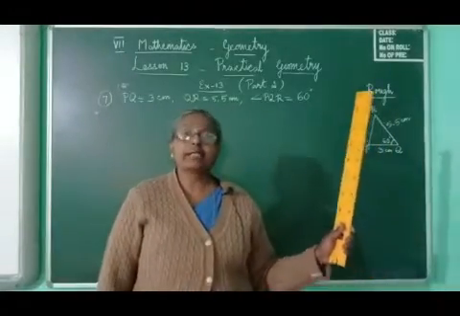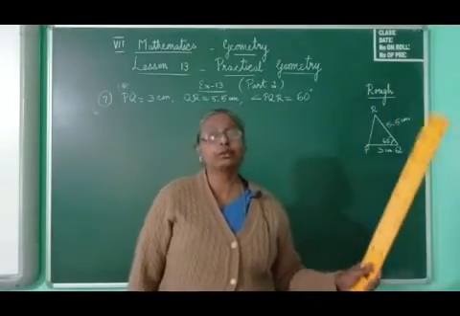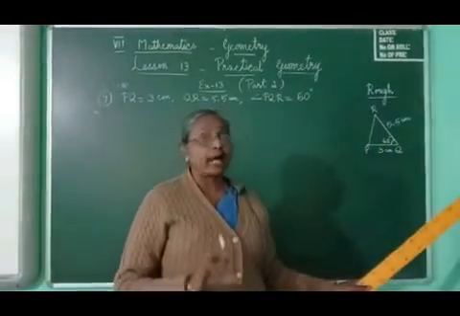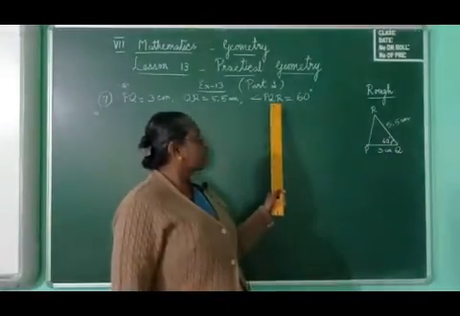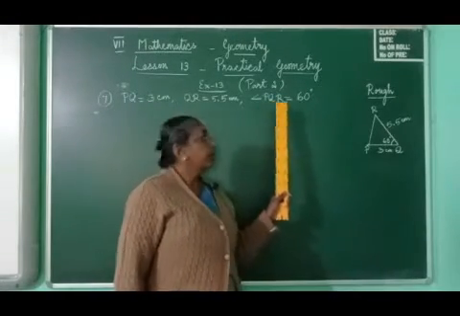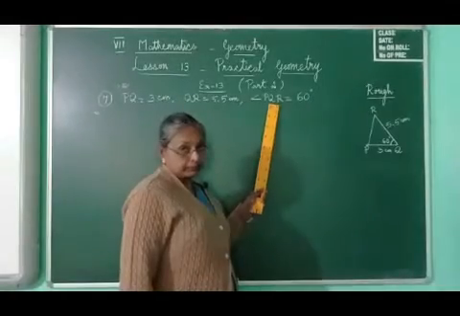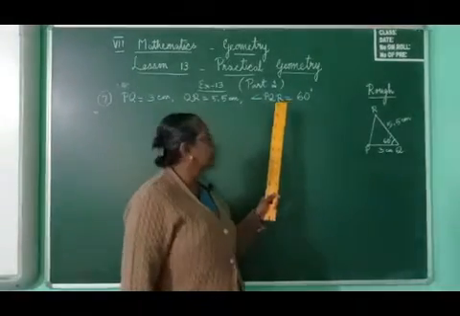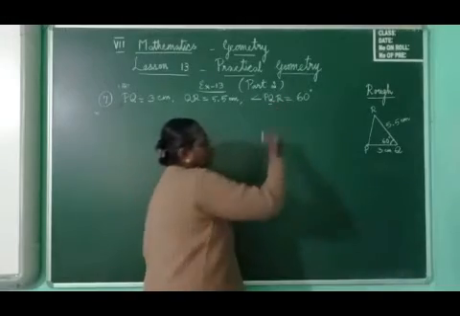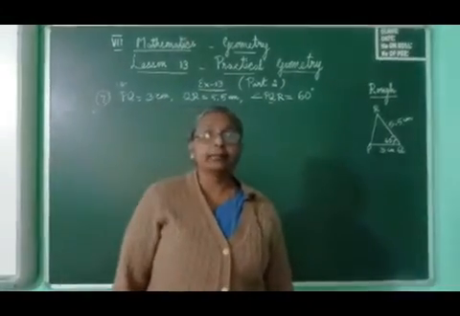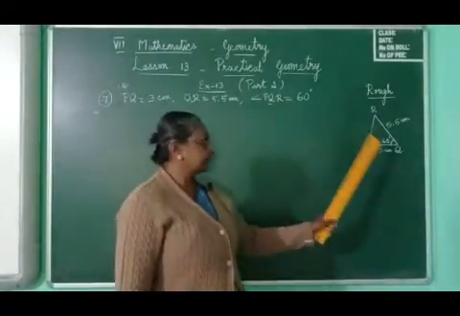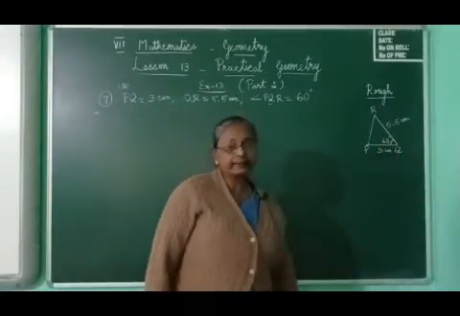You have to be very clear which angle you are drawing, whether it is angle P or angle Q. You have to identify very clearly, and you should remember that always the vertex of the angle will be the middle letter. So here, since it is angle PQR, the vertex of the angle will be at Q. Angle Q will be 60 degrees. So we have taken that to be 60 degrees.